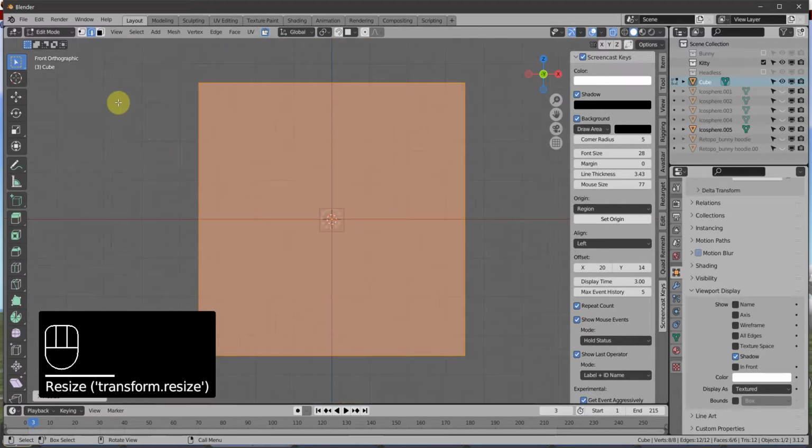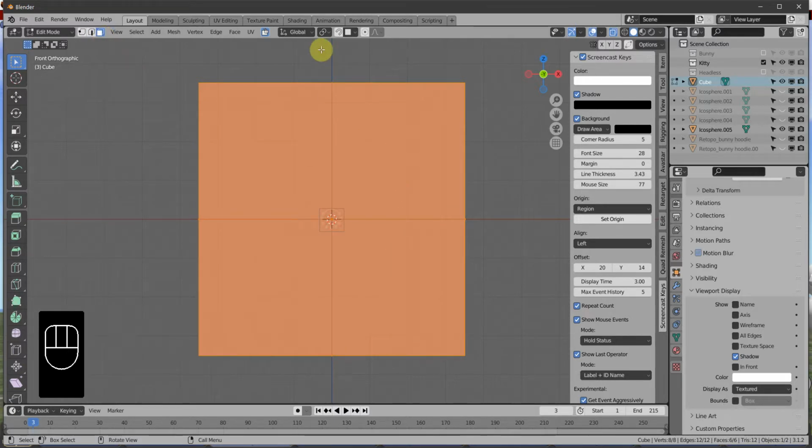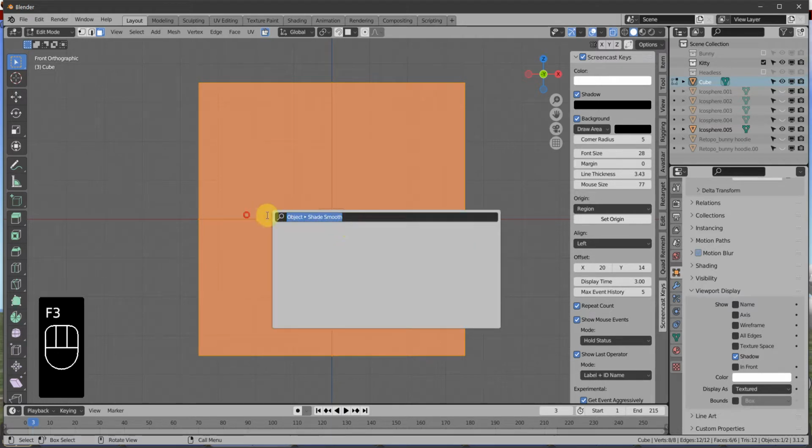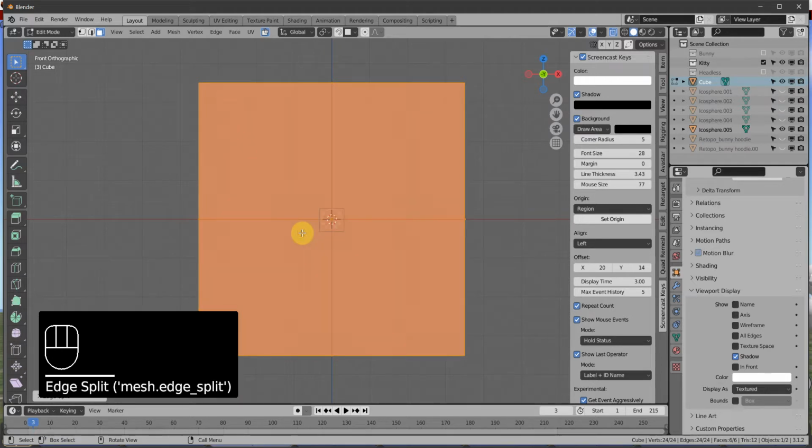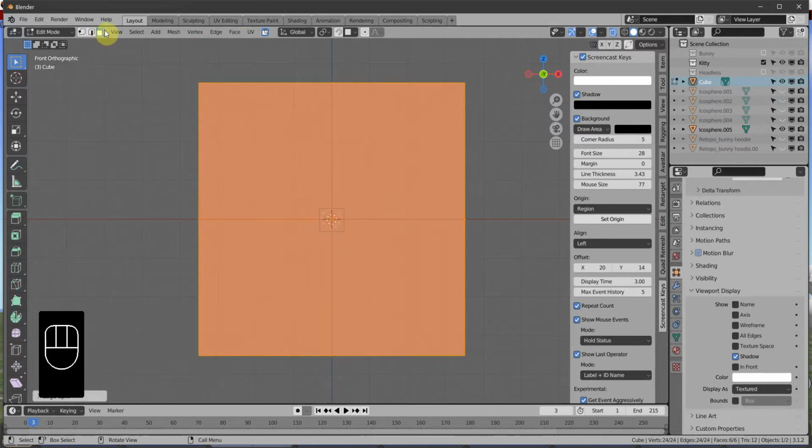Right, something like that. And I'm going to go into face select, and I'm going to split the edges. So to do that, I'm going to do F3, edge split, and click it. Now I'm in face select, so now I'm going to change the pivot point from median to individual origins,